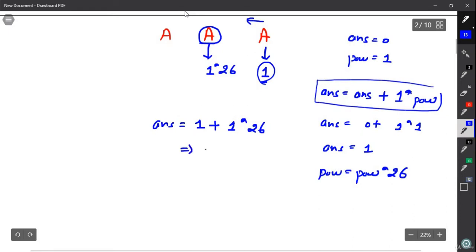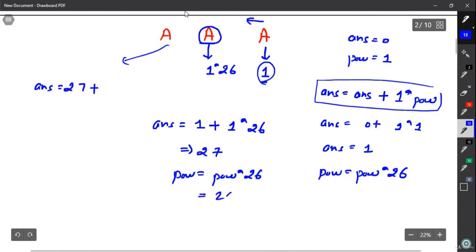If you add these two, you will get 27. Now for this one, I will multiply power by 26 again. The value of power was already 26, so this is 26 into 26, basically 26 squared, which is 676.